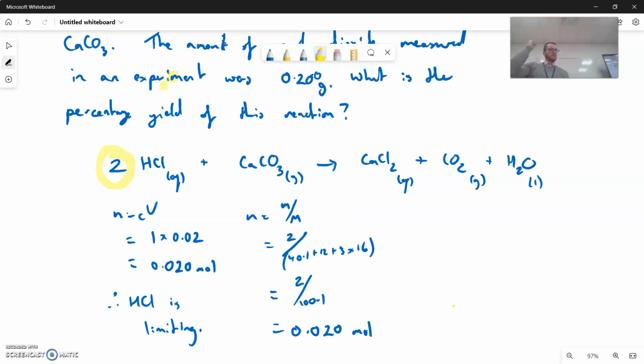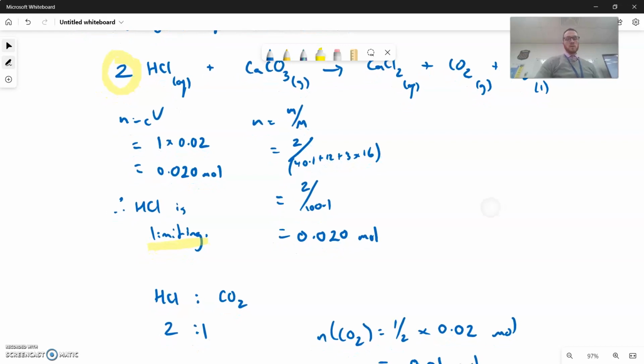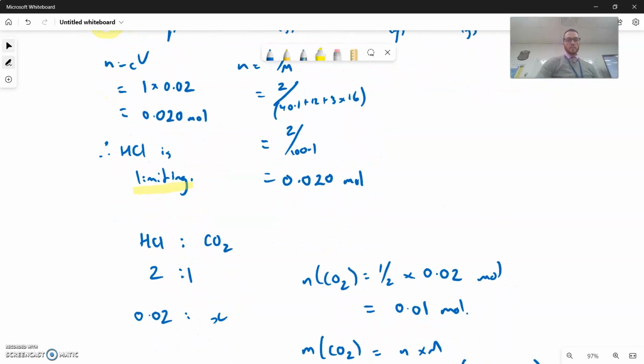So I can look at that and just determine HCl must be limiting because I need twice as much of that as my calcium carbonate. So I use my limiting reagent in my stoichiometry to determine my theoretical yield. Right, mole ratio. HCl is to CO2. 2 is to 1. 0.02 is to